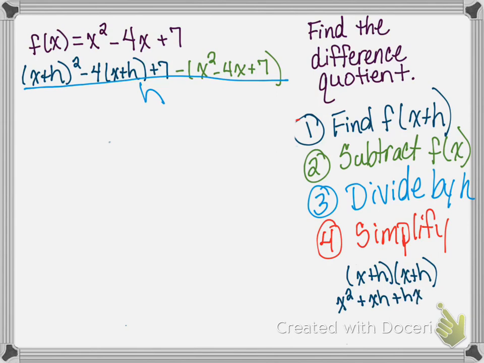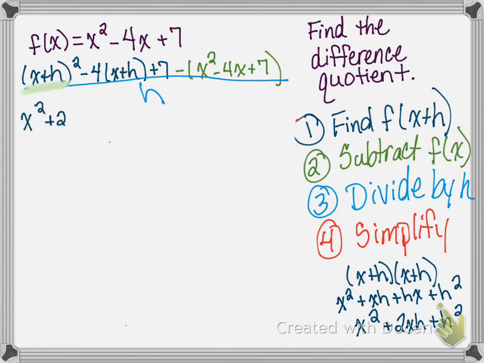Is h times x and x times h the same thing? Yes. Then I've got h times h, which is h squared. So this simplifies to x squared plus 2xh plus h squared. So I am replacing just that part. I've just FOILed that. So now I have x squared